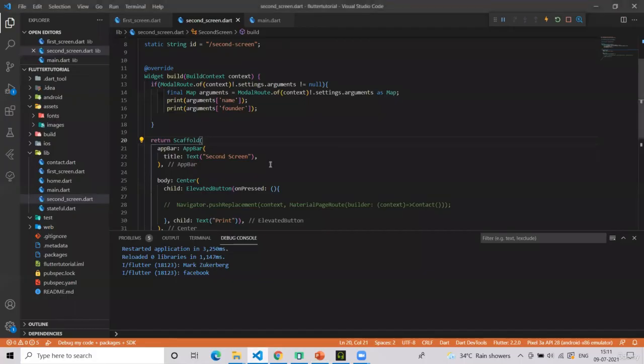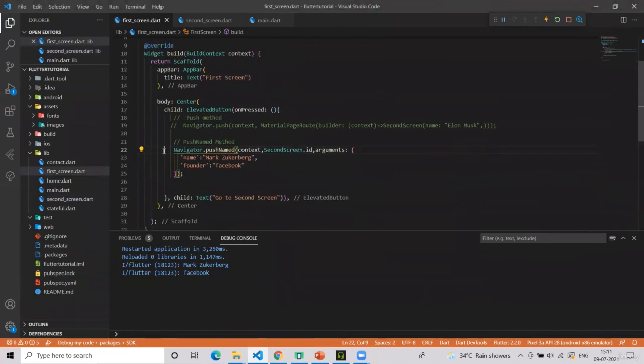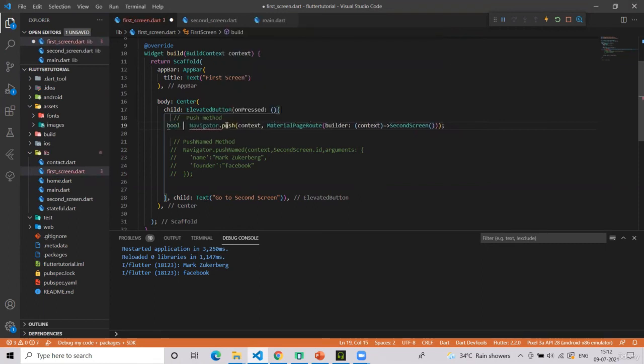What I mean by that is, in the first screen, suppose while pushing, right now I'm not sending any data, we have to wait. So I will just write bool status is equal to await.